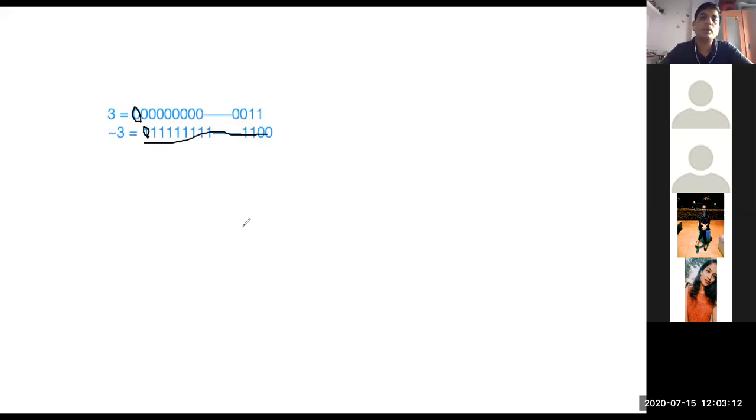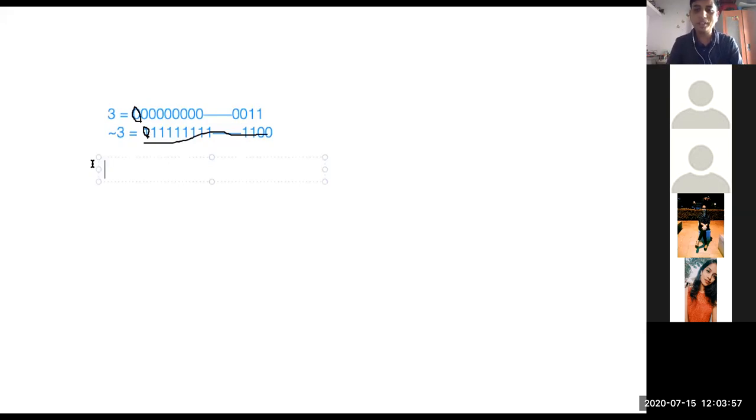Now if this is a negative number, how do we find out what it is? Does anyone know how to represent a negative number in digital electronics? Have you done those practicals? Binary subtraction, 4-bit subtractor. Have you implemented a subtractor? If you get the answer in negative, how do you get the correct answer? So, digital electronics.